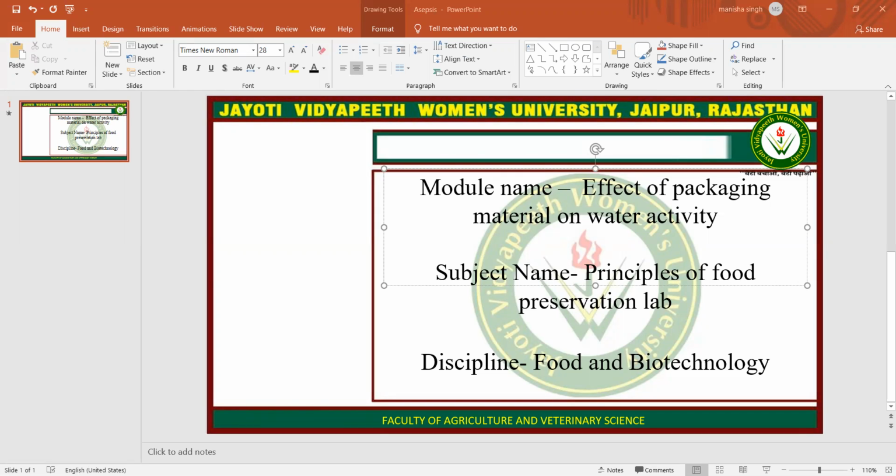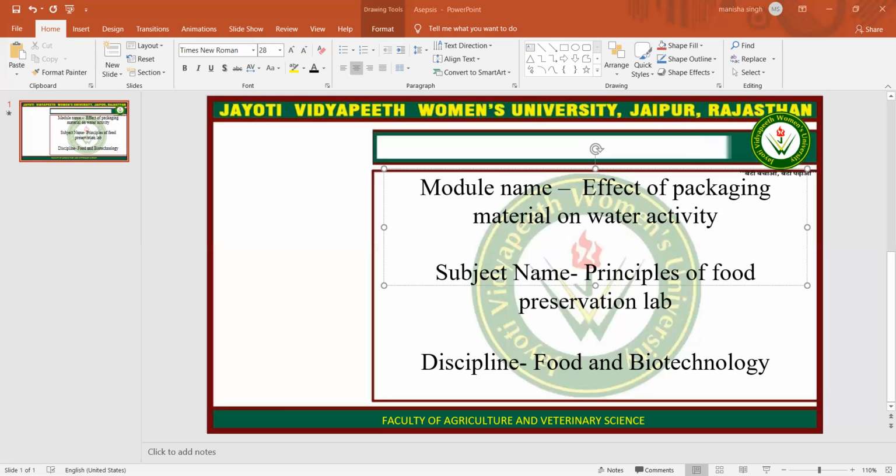Packaging is the wrapping of the food product with some packaging material which protects it from the external environment and keeps the product intact. It increases the shelf life of the food product by giving it isolated conditions within the packaging material. So there is a relationship between the water activity and the packaging material.